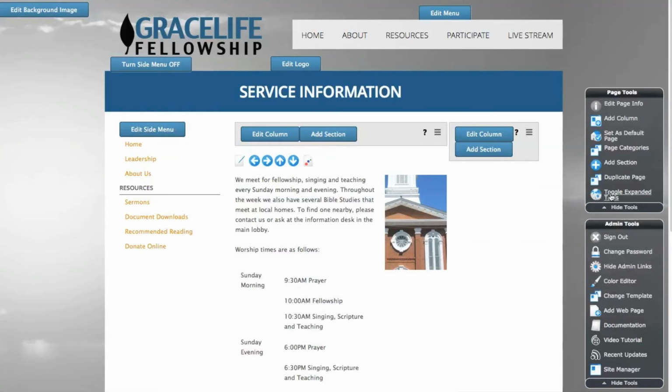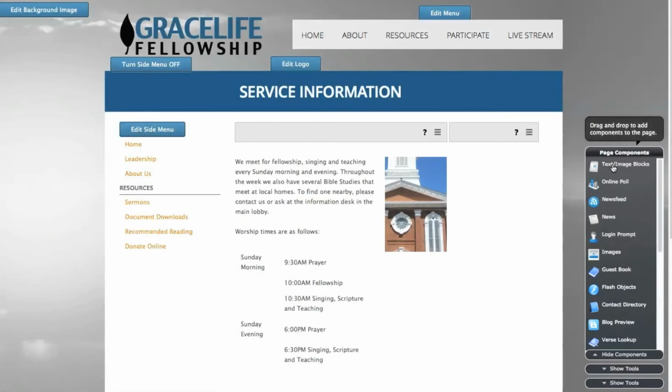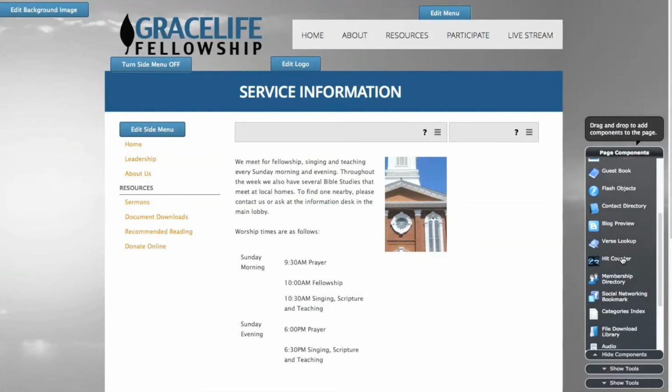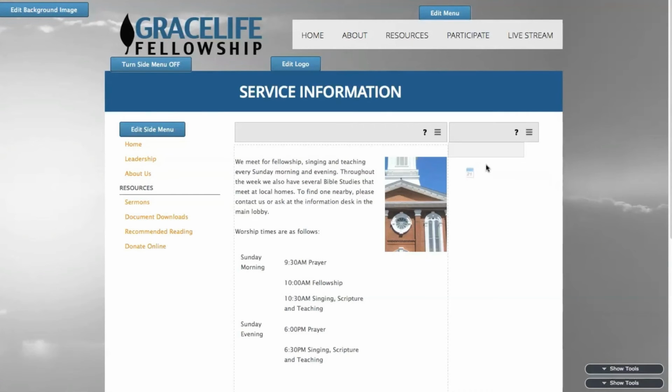I'm going to turn them off for now and then show you what it's like to drag a new section into this column. So I'm going to click the add section link, and a new toolbar opens with a list of all the available content types. I'm going to scroll down here and find what I'd like to use and drag it here into this section, let go,